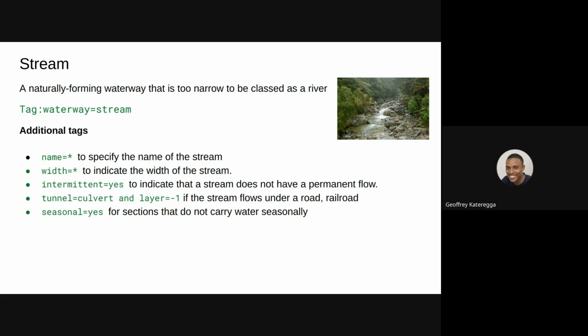So there is a culvert where the river is flowing through, and once you have added the culvert, you also add layer=-1, meaning that the river is actually flowing under a road through the culvert. Those are the basic tags that you would use when you are mapping a river or a stream.